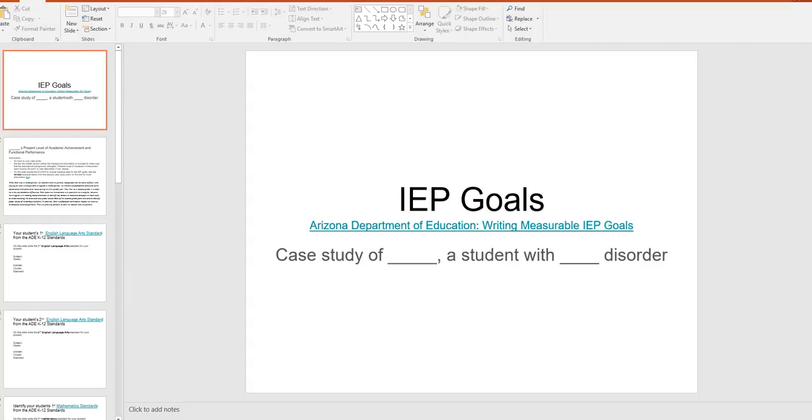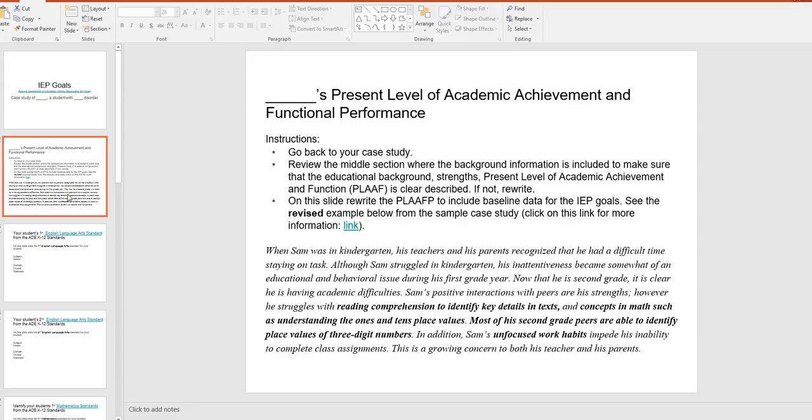Now, despite the fact that this says measurable goals, a couple of you pointed out to me today that in my creation of this assignment over the Christmas break, I neglected to include the writing measurable goals slides on this, despite the fact that I had them on the case study. So I sincerely apologize. I am not going to go back and ask that you add those measurable goals. I'll make that adjustment for next semester, but I am asking that you do the things that were listed on